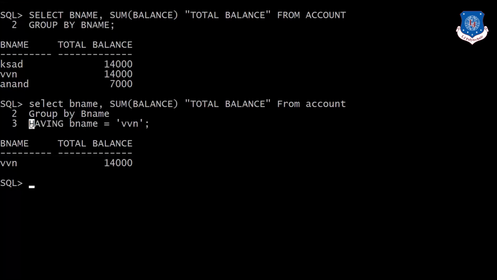We are compelled to use the having clause to check any condition. So group by and having will return the output of your desired result.